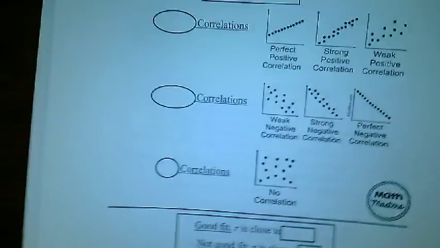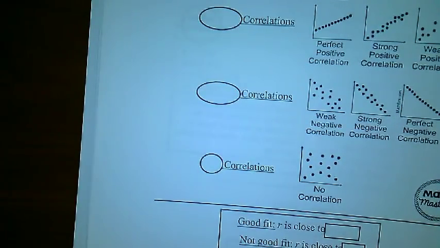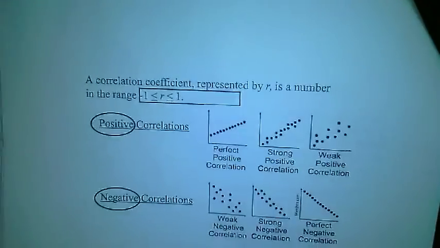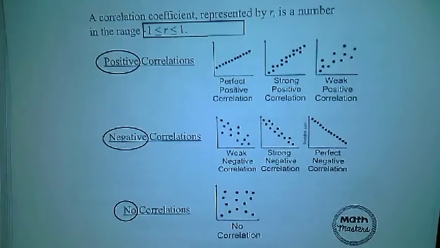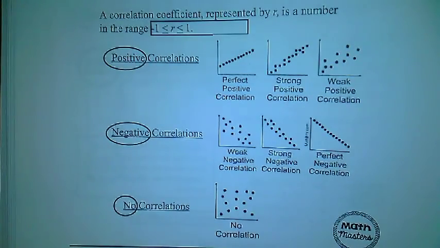They tell you to round to the nearest blank. Okay, so now we're going to talk about what the correlation coefficient represents. So again, I'm just going to do this so I can talk about it as we go over it. So a correlation coefficient is represented by R. I know, super weird, but that is what it is. So when we're talking about the correlation coefficient, it's going to be between -1 and 1. Because remember, we're talking about a straight line, so it's going to be